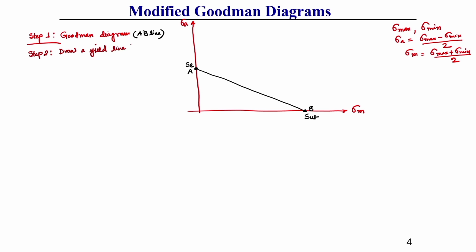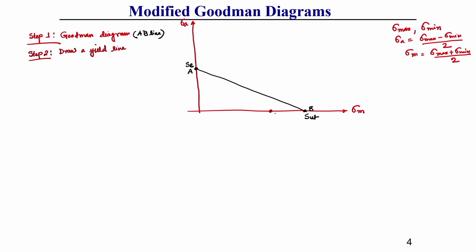We know this yield line also generally is called first failure line, that I have already discussed in the previous lecture itself. So, the second step is drawing the yield line. How to draw the yield line? For drawing the yield line, generally we have to take